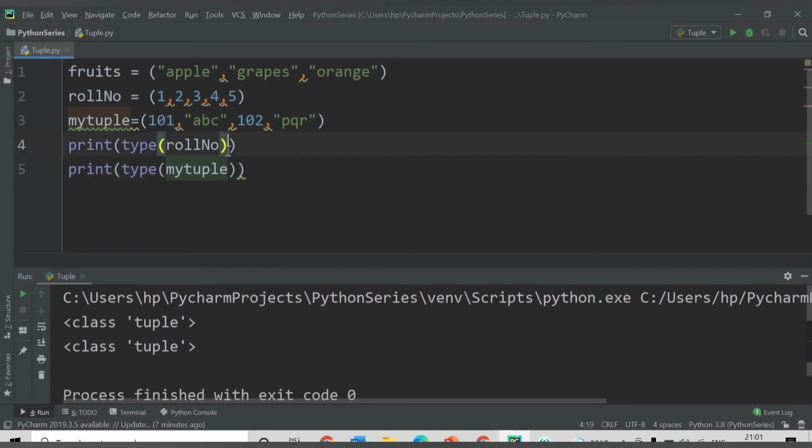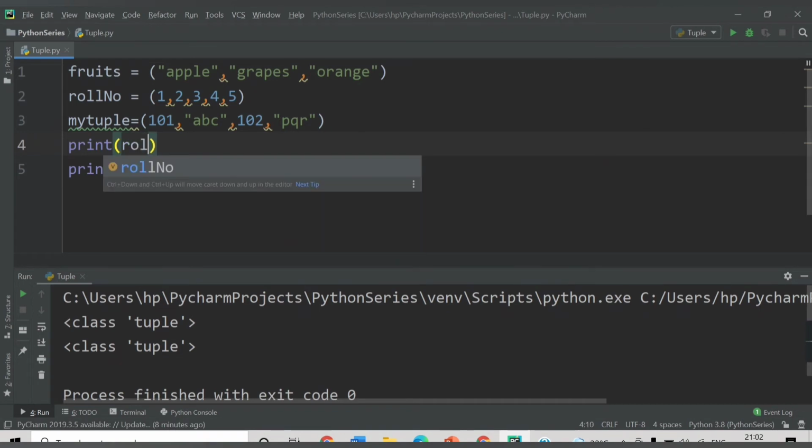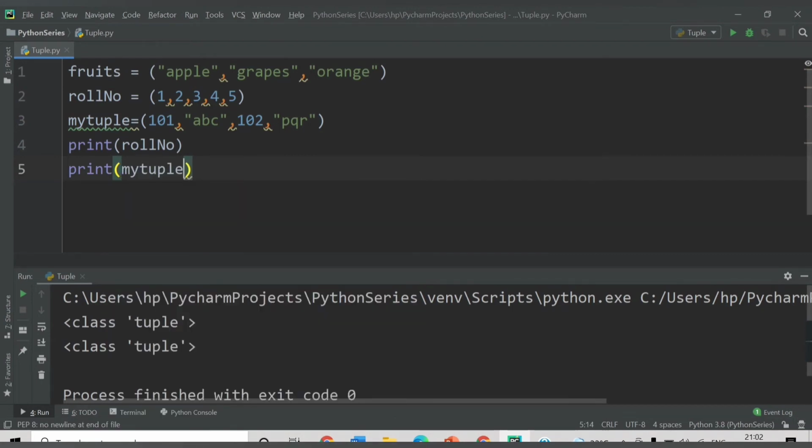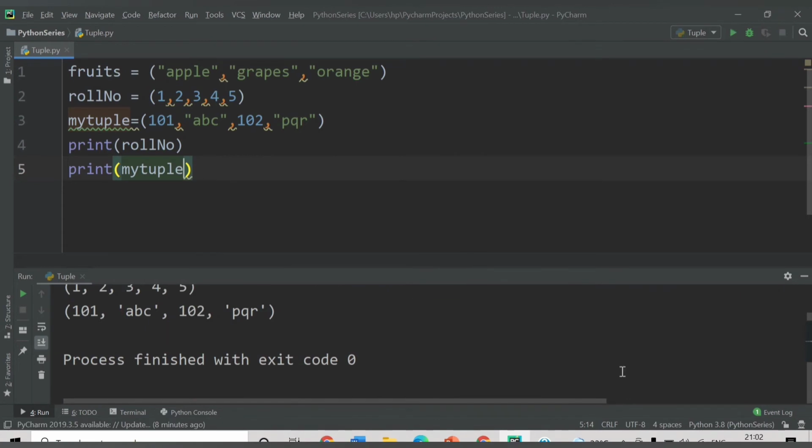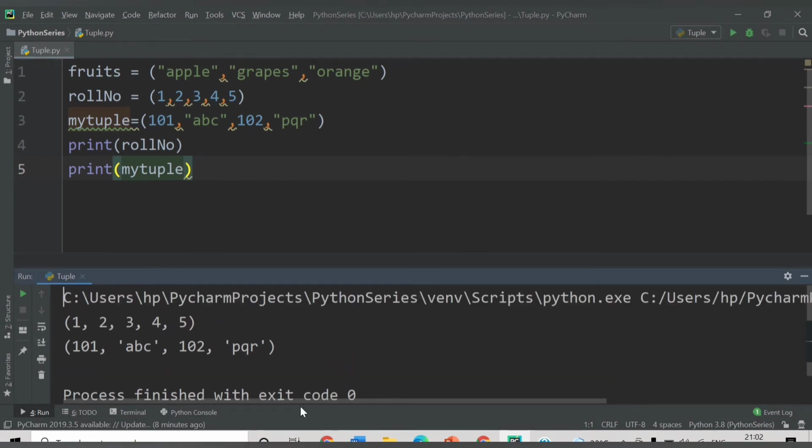In a similar way, if you print roll number, you will get the data items for the roll number, and likewise for my tuple. See, we are getting the data for all the tuples that we have provided.